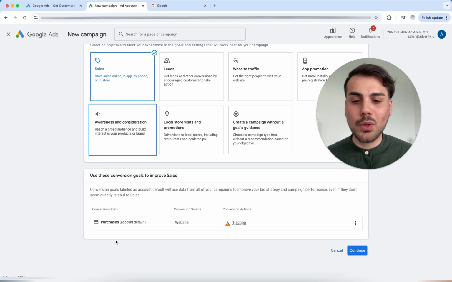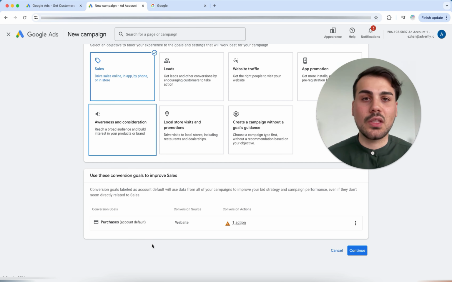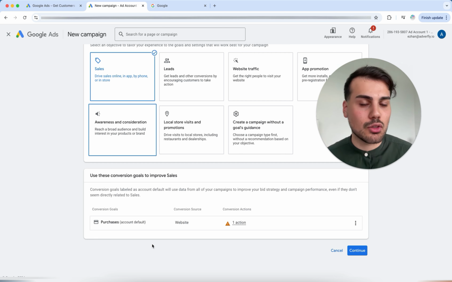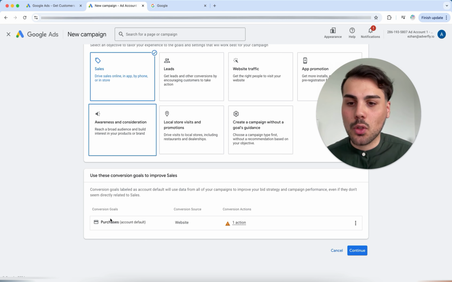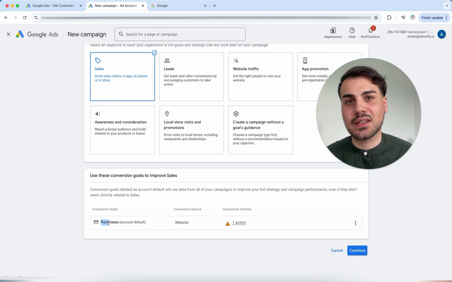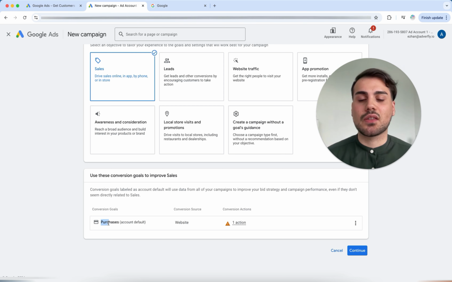This is now automatically created by Google, and a conversion goal is the following, as I will now explain to you. If we now generate purchases or leads, then Google must also know, or you yourself, who has bought now, because it allows you to continue to optimize, because Google works with an artificial intelligence that learns day and night, and for that, this artificial intelligence needs data. That is why we always give Google conversion goals here. And in this case, it is, for example, purchase. You can simply imagine it as an action. Every time a person goes to the site and then puts something in the shopping cart and then buys something, for example, this purchase is sent to Google so that Google can easily continue to optimize.